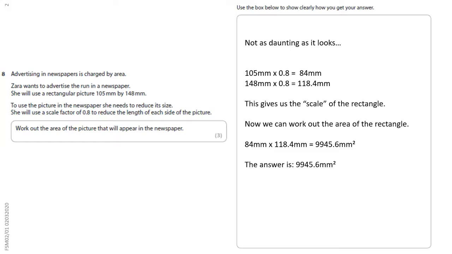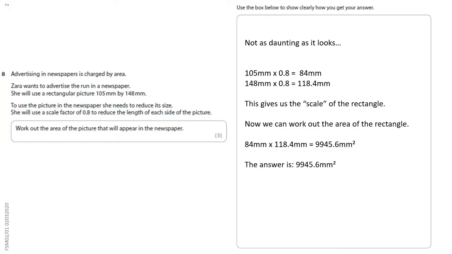So really, this is not as daunting as it looks. Our scale factor is 8. So when you get something like that, there's going to be some multiplication involved. And to get your scale factor, all you do is you take your original figure. We'll use 105 millimeters here,